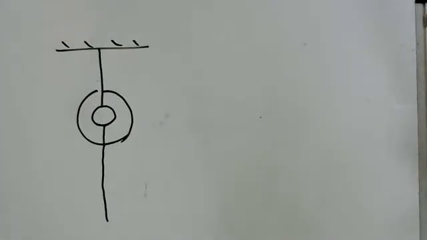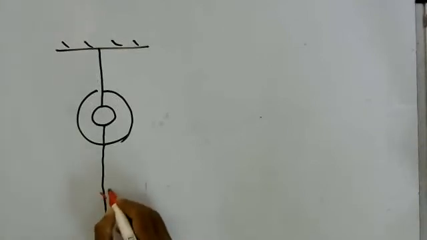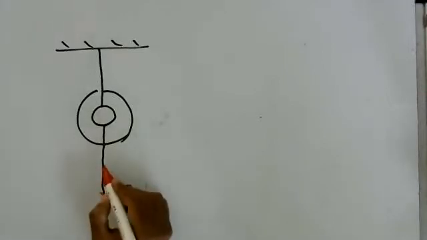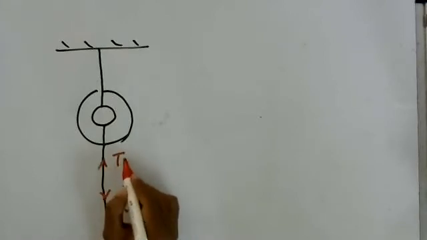Now what happens is when I pull the lower string with a force, except that I give it a jerk, then what we saw was that when I pull this, there is a tension